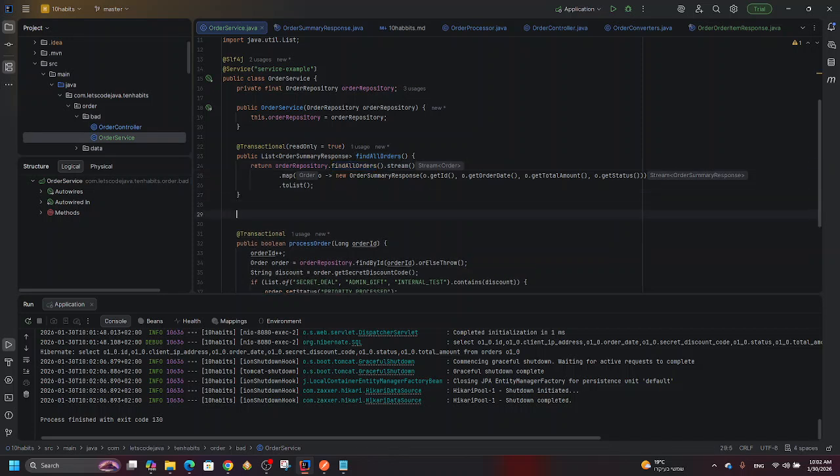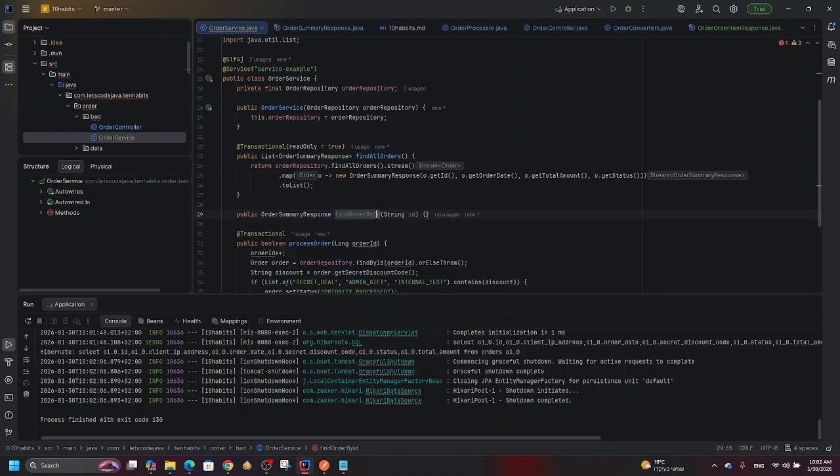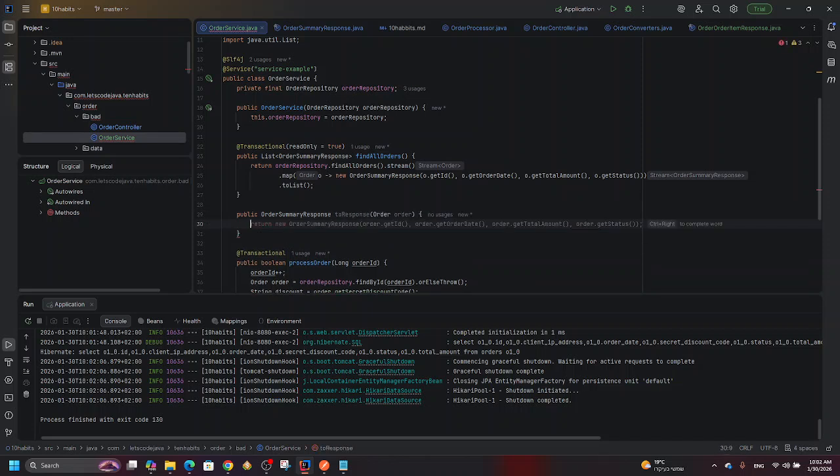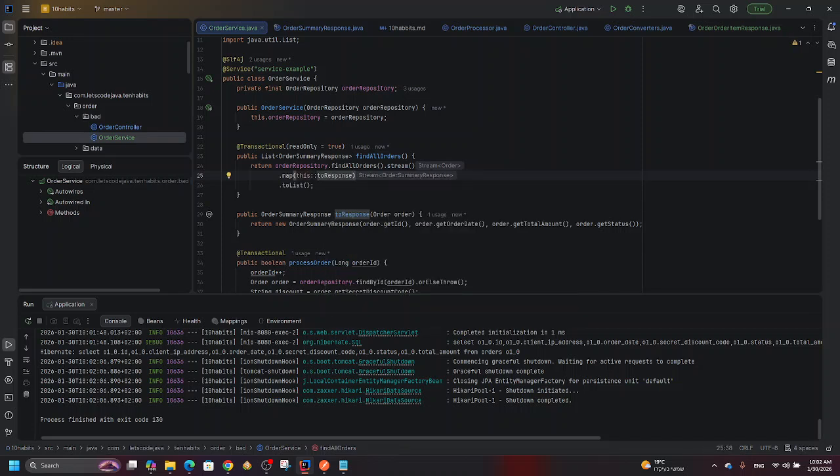Let's call it toResponse, for example, public toResponse that will receive order and will return this. So I can do it like this, toResponse. This is much cleaner,